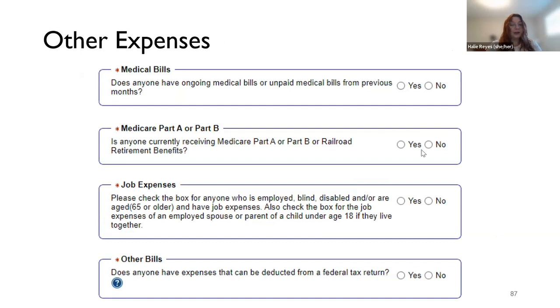All right, so other expenses. These are things like medical bills, if the person has an ongoing medical bill or unpaid medical bills in the previous months. If the person has Medicare A or B, select yes or no. If they have job expenses, this only applies to people who are employed, blind, disabled, or age 65 and older